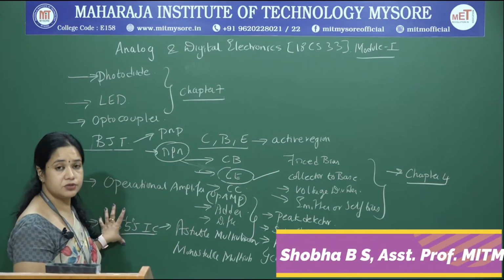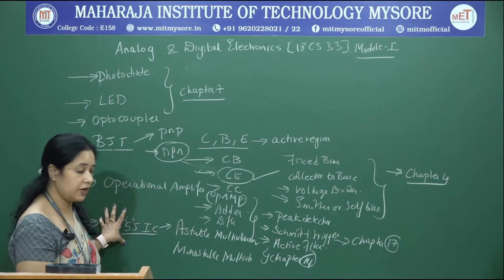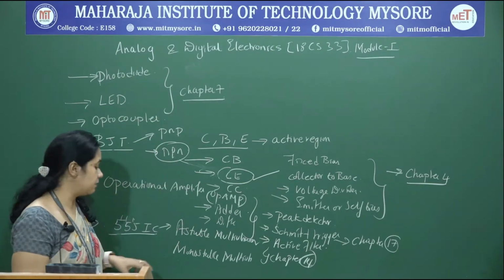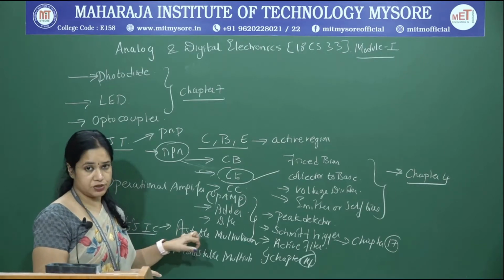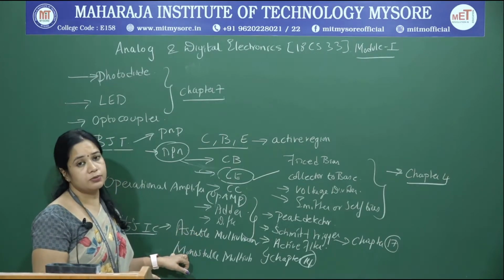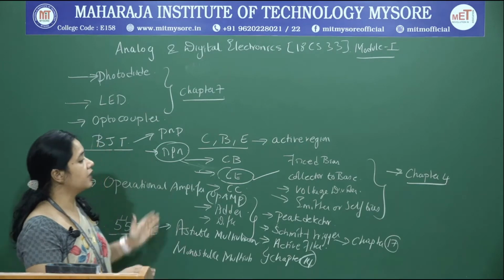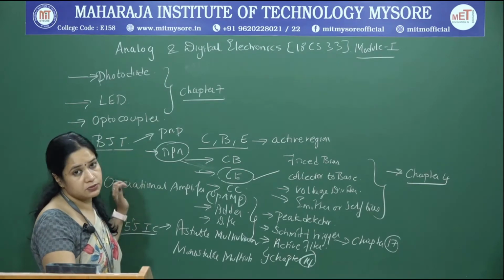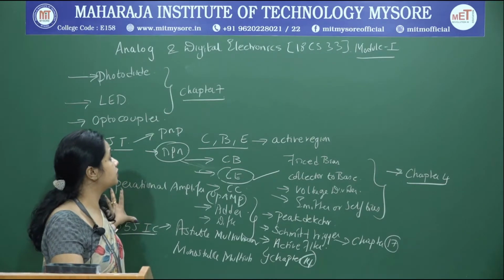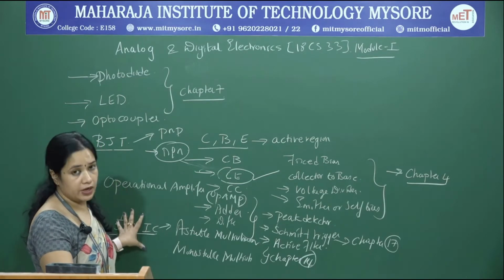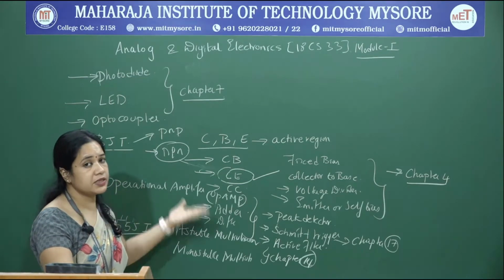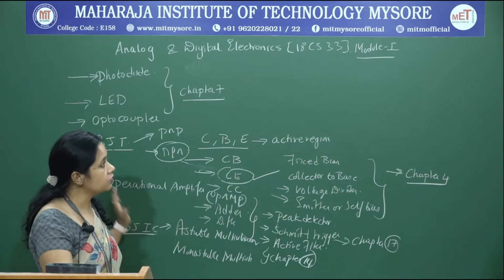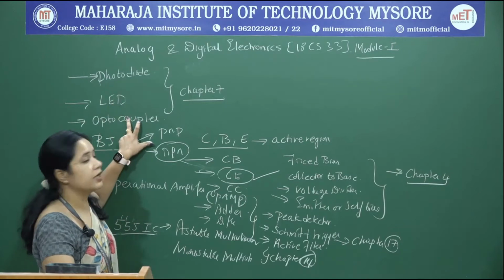And we will introduce a term called the 555 timer. What a 555 timer is, what the various functional blocks are which make up your 555 timer, and how a 555 timer can be used as an astable multivibrator and monostable multivibrator, we will see. And if you relate this to your laboratory counterpart, we have 3 experiments which are to be conducted as a part of your analog electronics. This we will discuss in detail when we take up the laboratory session. So with this we will straight away start with optoelectronic devices.